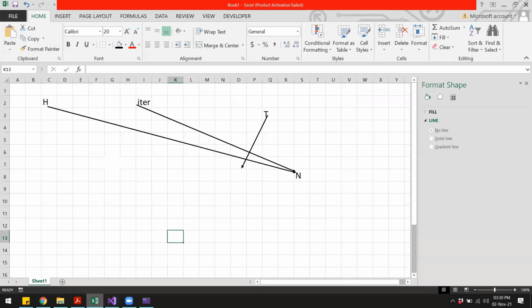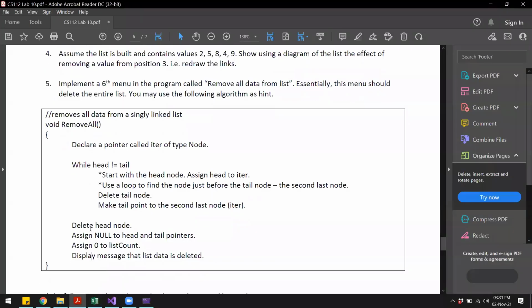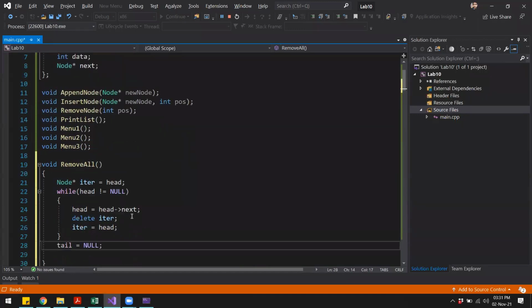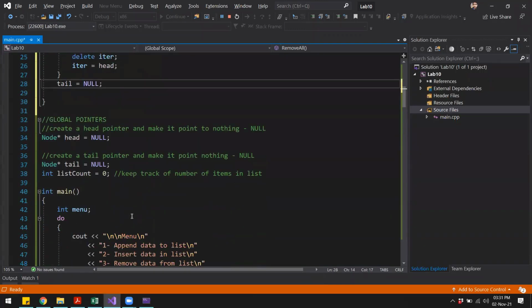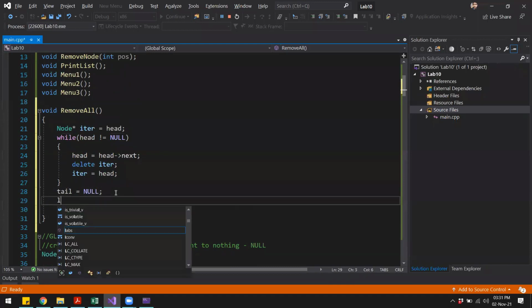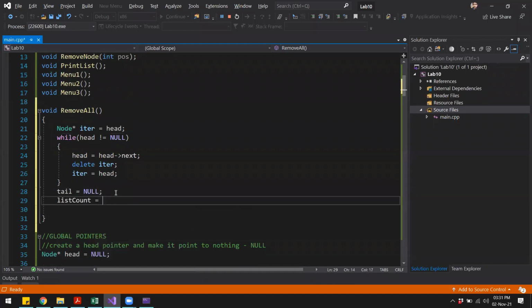And then at the end, we had to print some message. We also have to assign 0 to list count. So we can say list count is equal to 0, because there are no more nodes in the list.